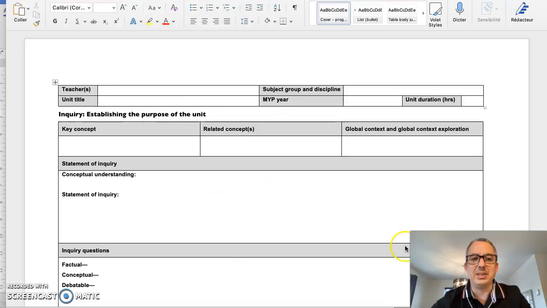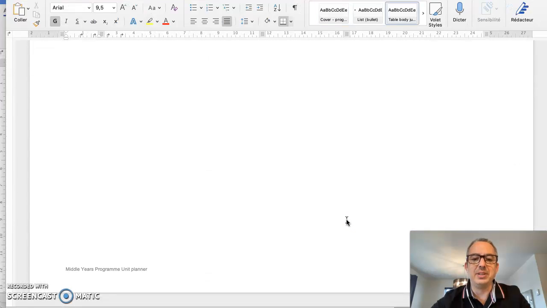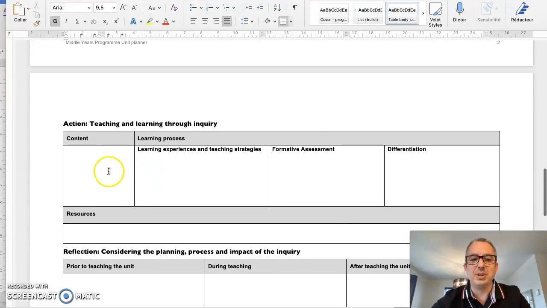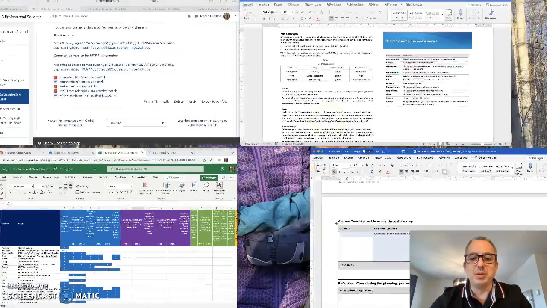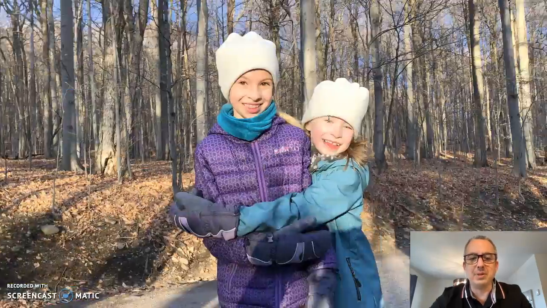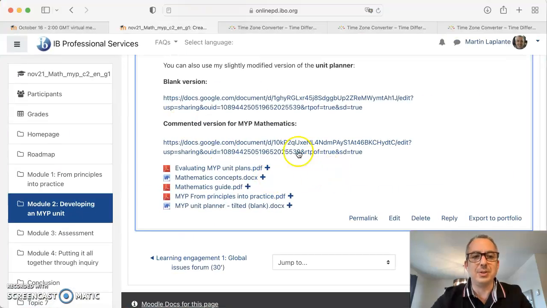This is basically the one from the IB. The tilted means that in the action section of the unit plan, it has 4 columns. Or you will also be able to use my own version of that, which I'll show you in the second video. So thanks for listening to this part. I'm going to end everything in the second video shortly if you click on the next video.